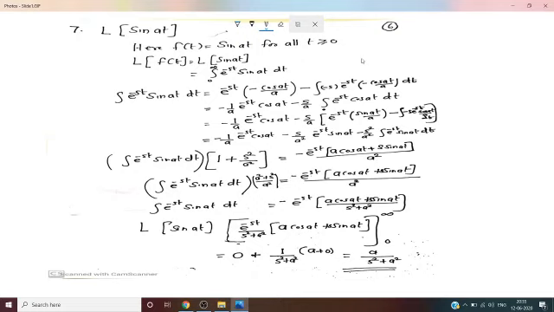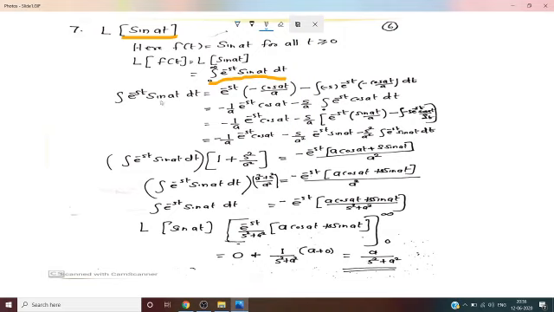Dear students, today we can find Laplace transform of some functions. First, we will find Laplace transform of sin a t. Then, what is Laplace transform of f of t? Laplace transform of f of t equal to integral 0 to infinity e raised to minus st into sin a